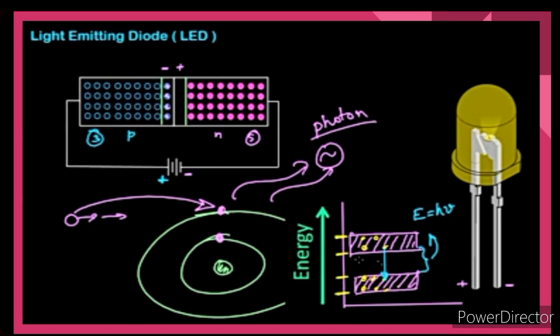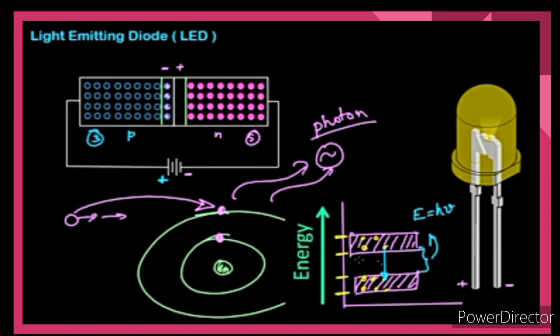The energy level of the valence electrons is almost the same. Grouping the range of energy levels of the valence electrons is called the valence band. In a similar way, the energy levels of the free electrons are almost the same. Grouping the range of energy levels of the free electrons is called the conduction band. The energy level of free electrons in the conduction band is high compared to the energy level of valence electrons or holes in the valence band.